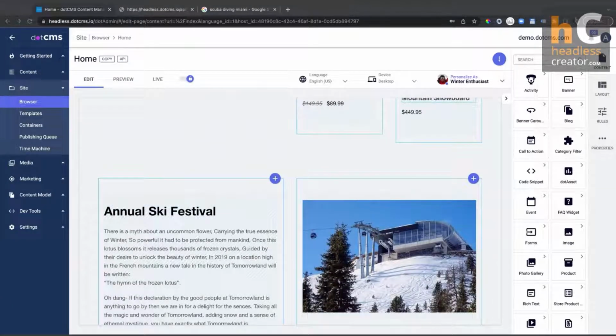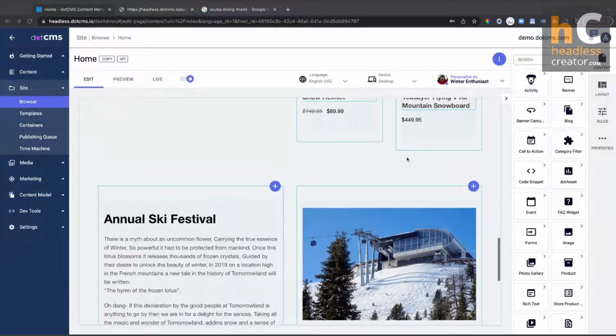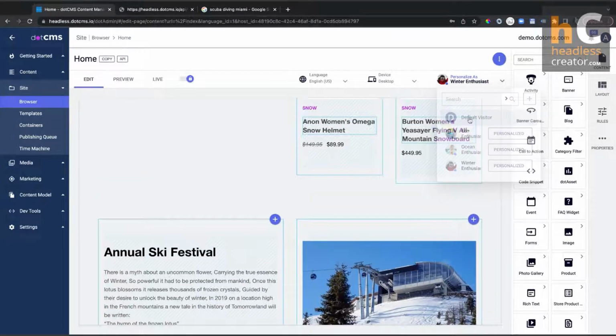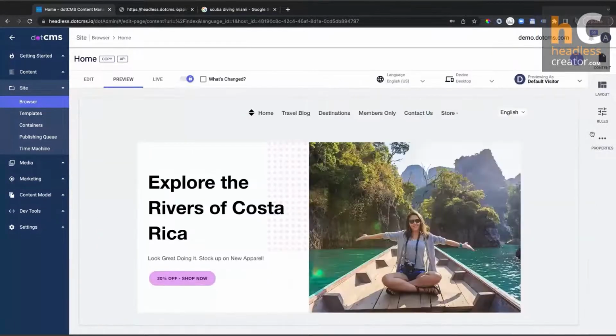Okay. All right. So we did a language preview, device type preview, persona preview. I personalized a little bit for the winter enthusiast. I'm going to switch back to the default visitor. And then we're going to cover